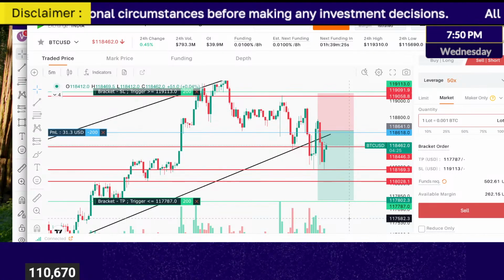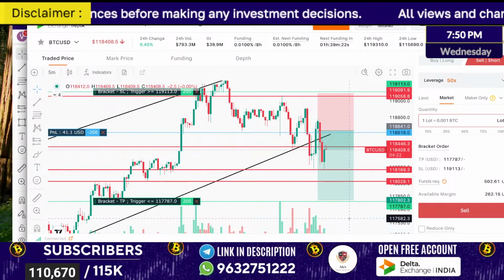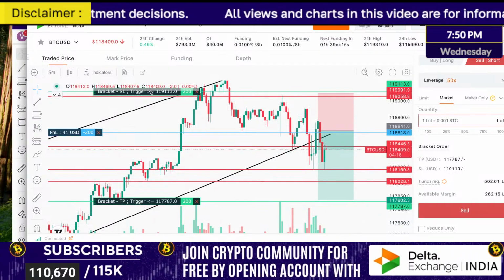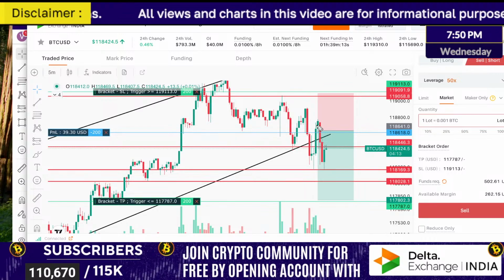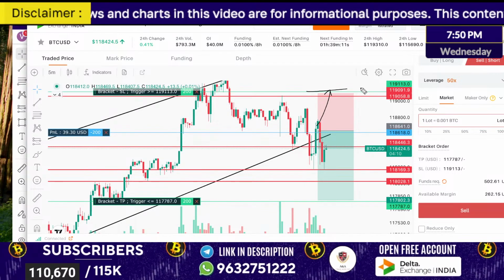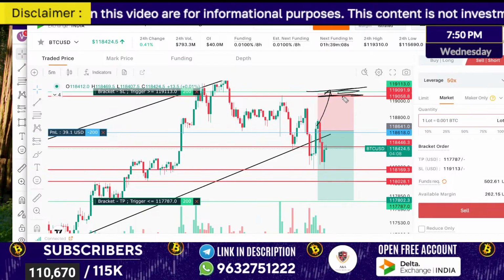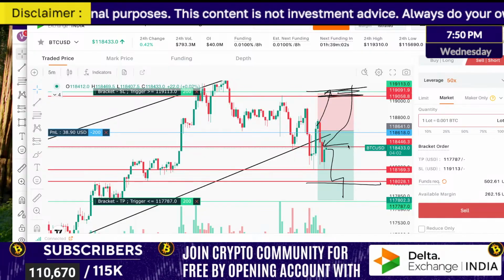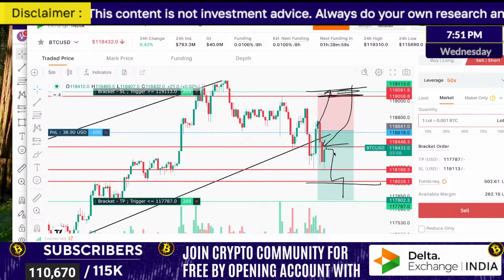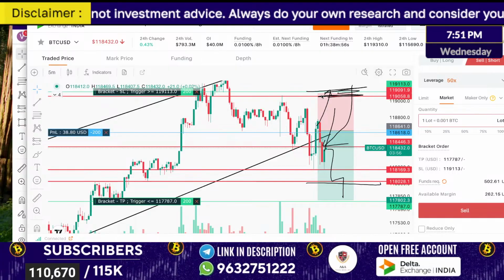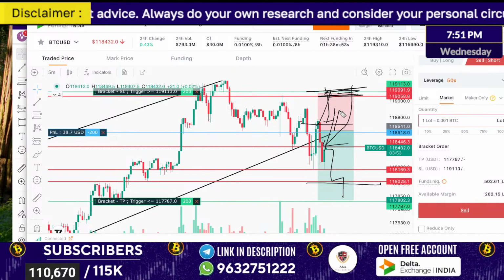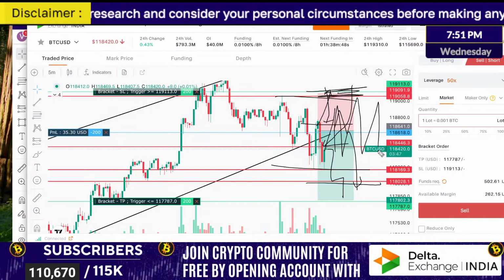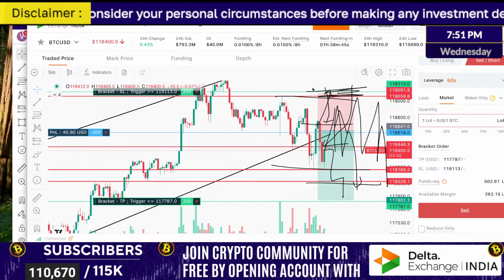Again, support and resistance, it's playing like this only. The reason why I'm not changing the stop loss: this one is already decided. As long as I don't get a breakdown here, getting the stop loss towards the downside is a bit of a problem itself. So with a little extra buffer, let's say I get the stop loss here. If it gives a breakout here, then again it can correct. This upper zone, lower zone, it's trading, so it can be volatile. That is why I've not changed the stop loss. I've kept it as it is.